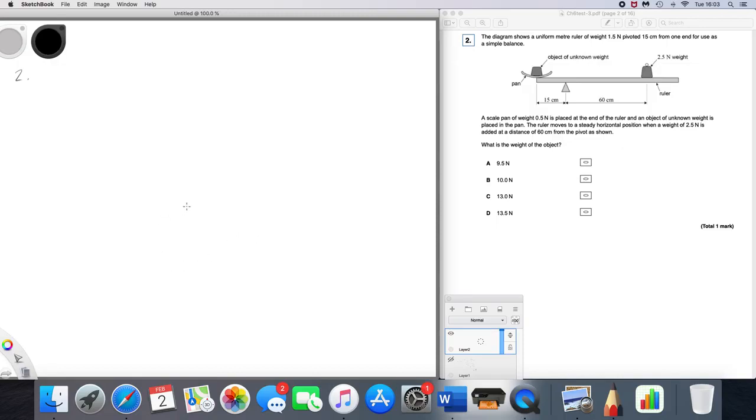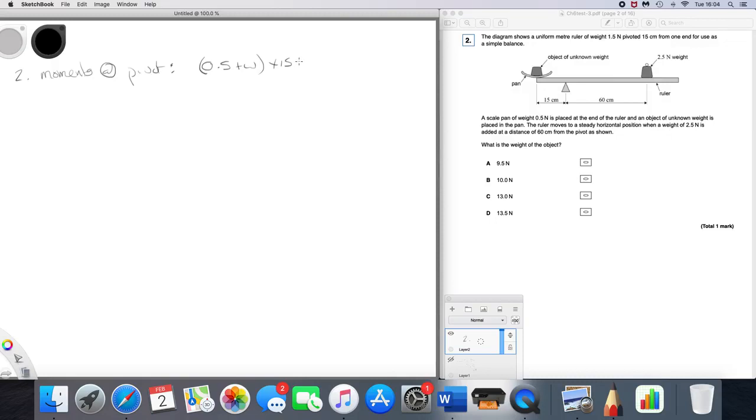Well then, let's take moments about the pivot. I'm doing that because I'm going to have a reaction here and I don't know what it is. So if we take moments about that point, then we can ignore the reaction. So we have our unknown weight plus 0.5 at a distance of 15 centimeters going anti-clockwise,